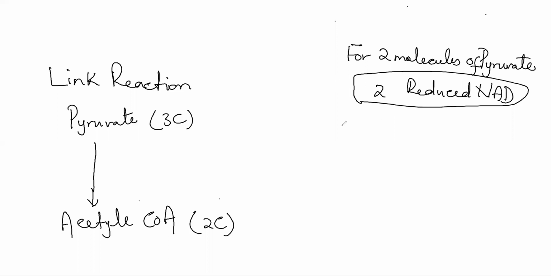There is no direct ATP production in this. Like we have seen earlier in glycolysis, four ATP molecules were produced, but as two have been utilized, we say the net gain of ATP molecules is two. But in the case of the link reaction, there is no ATP molecule produced at all.